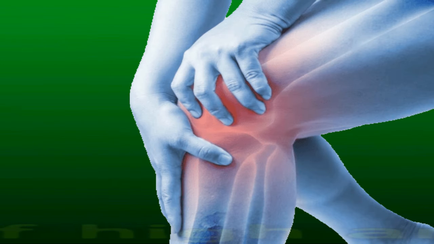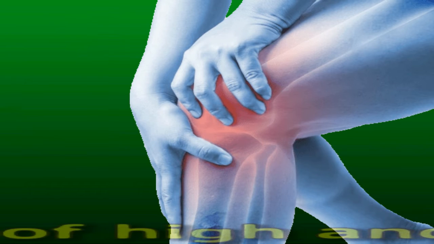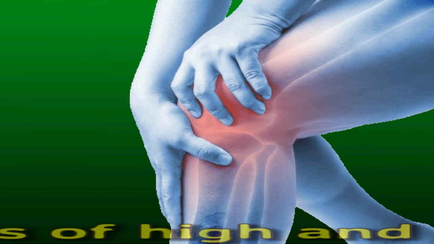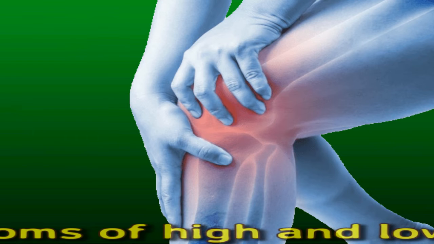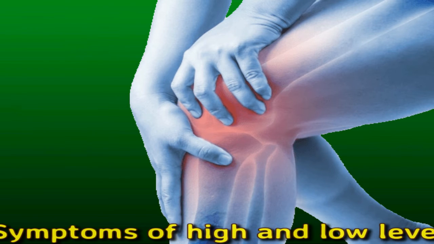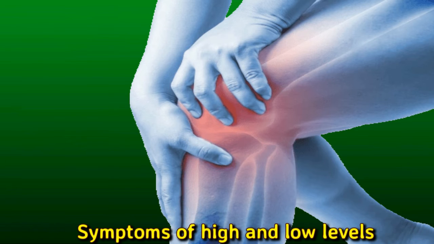Symptoms of high and low levels. A person with high or low uric acid levels may not always have symptoms. Symptoms may not appear until a person has had levels outside the normal range for an extended period, which can cause health problems. Symptoms of gout, which high uric acid levels can cause, include painful or swollen joints,